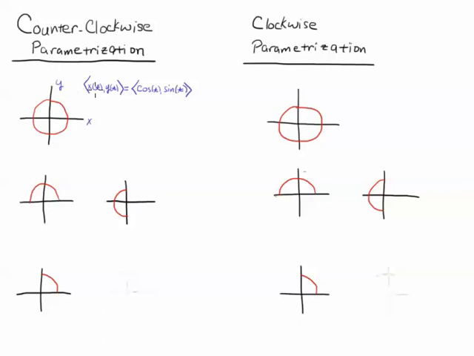And what you see here is x is defined by cosine of theta and y is defined by sine of theta. Now what I'm assuming here in all cases is that r is going to be equal to 1, so we don't have to think about the radius. So this will just be all unit circles